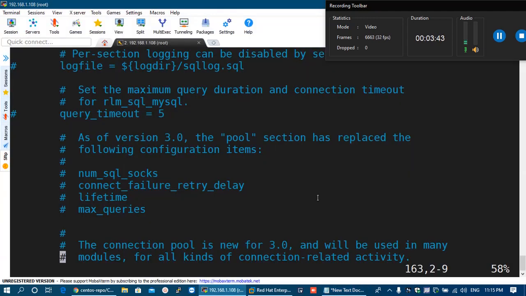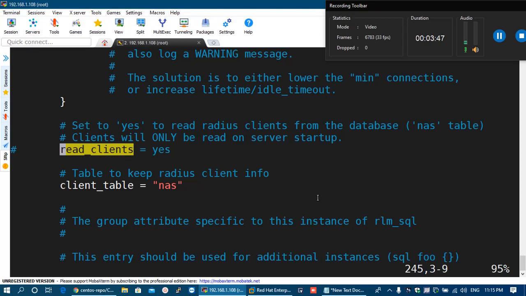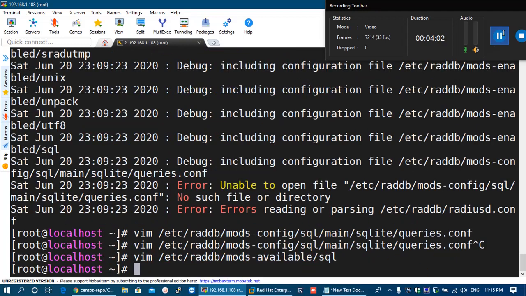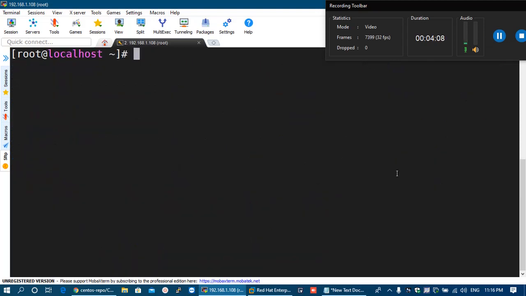Let me search. Here it is. Now we will uncomment it. And the client table is equal to nas. Okay, now we will save this file. So we have made the required changes, which I forgot during the configuration.